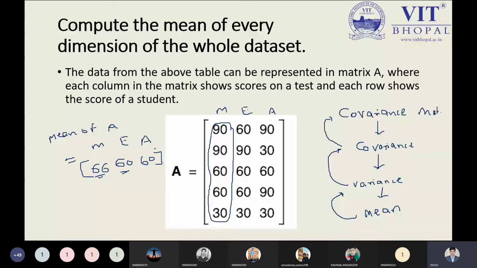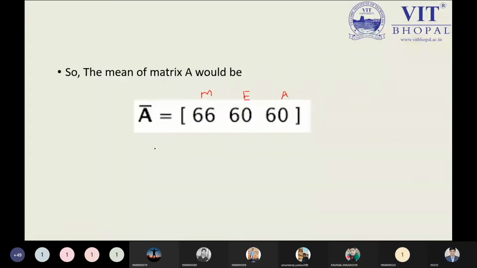Okay. So here we have only 5 data points, so we will not think about it in detail. We will solve our problem in a simple way. Now, is it clear so far to all? How we are getting the mean of the matrix A? Yes, sir. Clear. Okay, good.